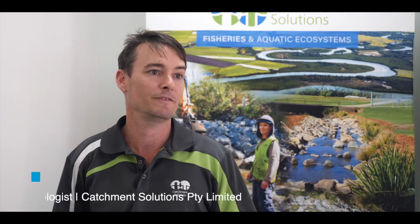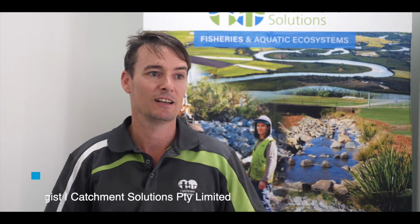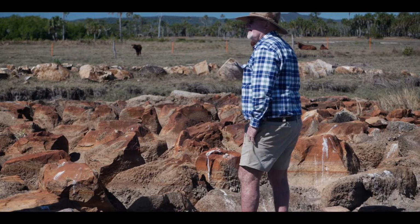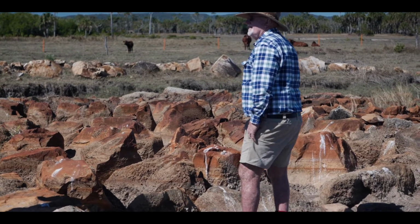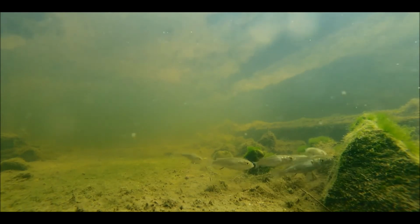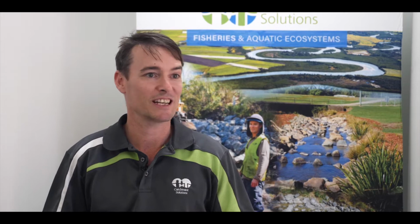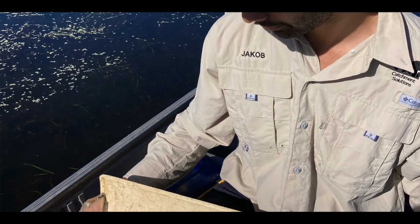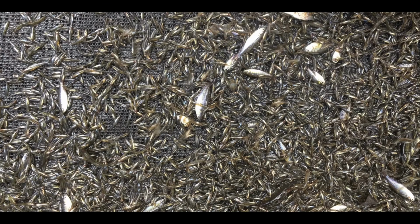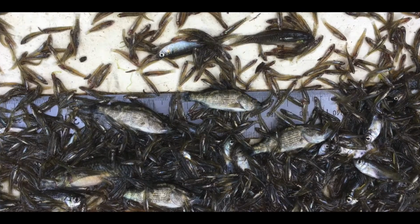Tedlands is a 450 hectare lowland wetland complex in the Rocky Dam Creek catchment, and had about a 1.5 metre causeway which was acting as a fish barrier. So a rock ramp fishway was designed and constructed on that barrier to remediate it and allow important fish migrations upstream into the wetland nursery habitat. Fish monitoring at the site was extremely successful and showed the fishway was facilitating connection for really small fish, meaning they're very important for mediating freshwater environments, for keeping things like pest fish at bay and building resilience in freshwater